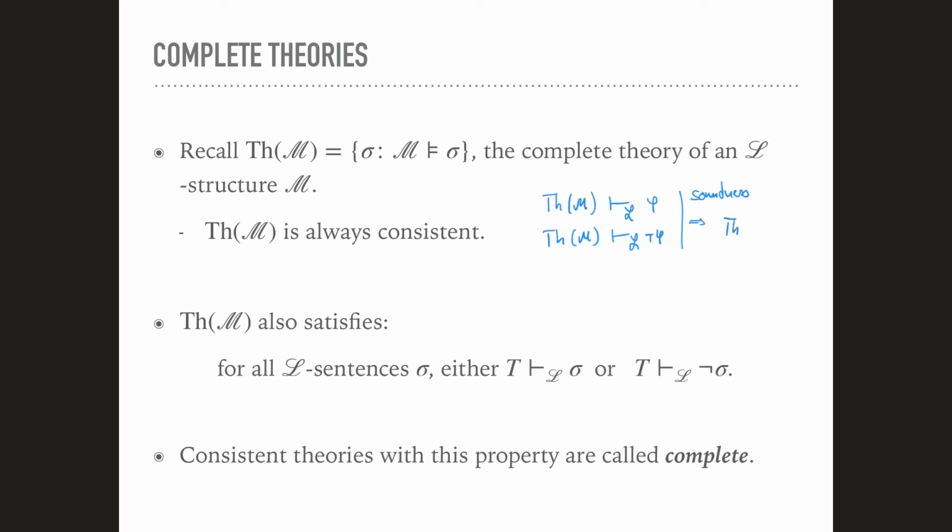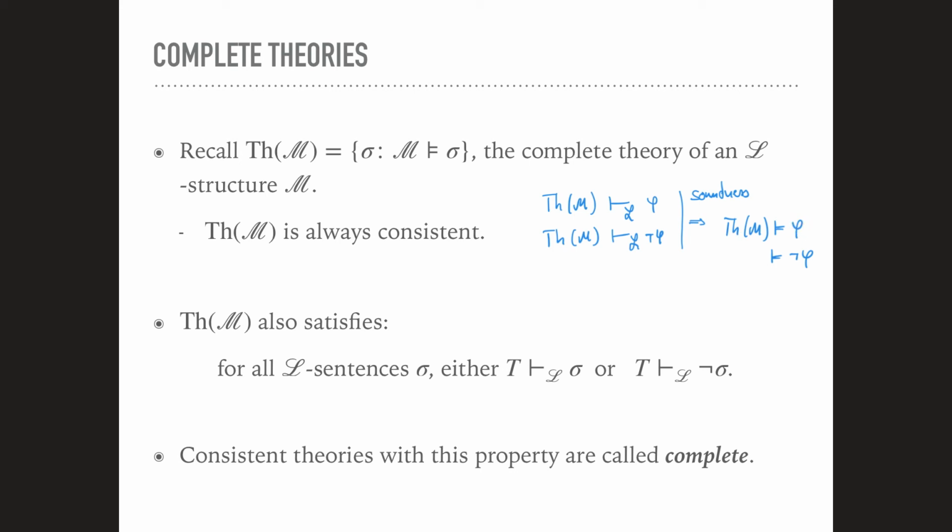Well, that would also mean that the theory would logically imply phi and also logically imply not phi. But if you think of the definition of this, this is actually impossible, right? Because this says whenever I have a model for the theory of M, then this also would have to be